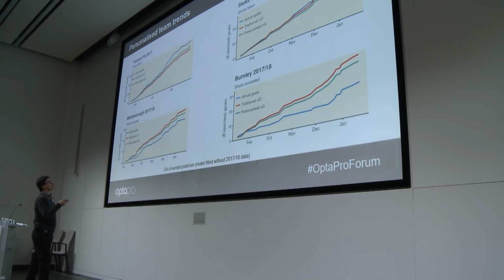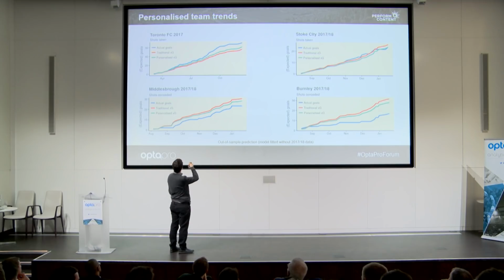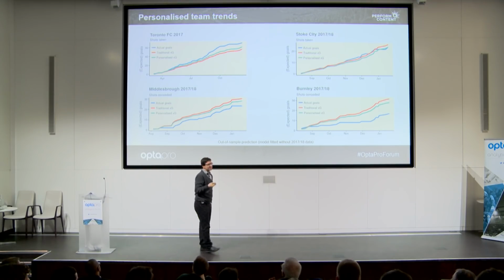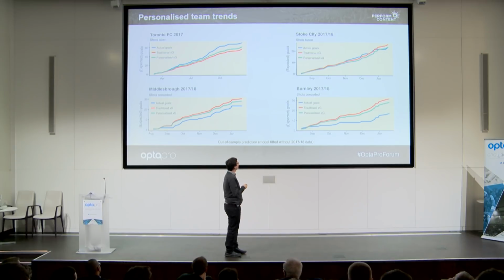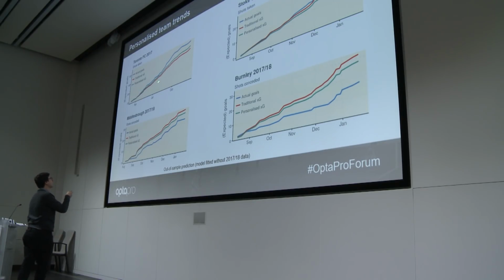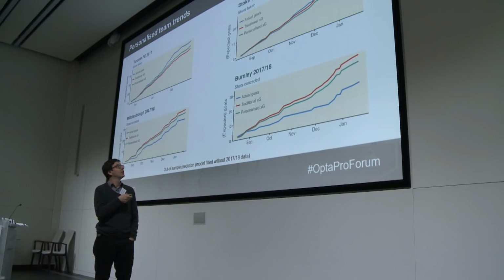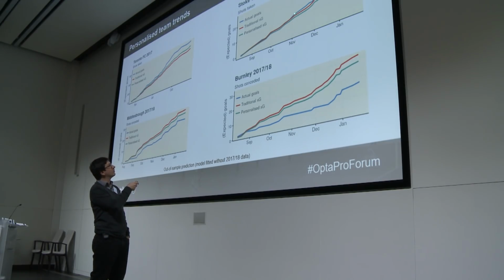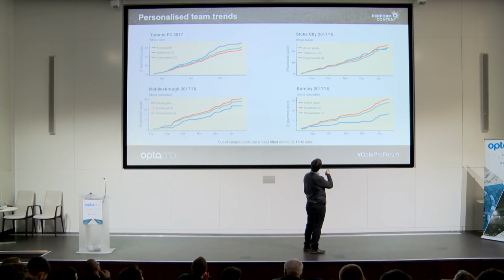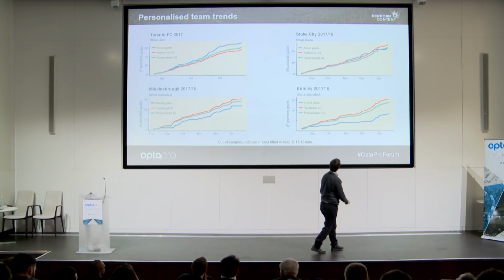And I've obviously conveniently chosen the teams that look good in this respect. But there is a small overall predictive effect. So for Toronto, you have the overperformance with respect to traditional XG checked. For Stoke City, actually, it tells a different story. It tells that Stoke have been overperforming the entire season. You can see that the green line is further away from the blue line for much earlier and much longer than the green line, the red one.